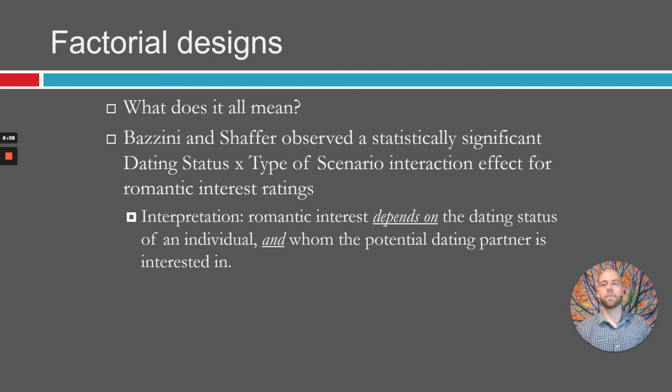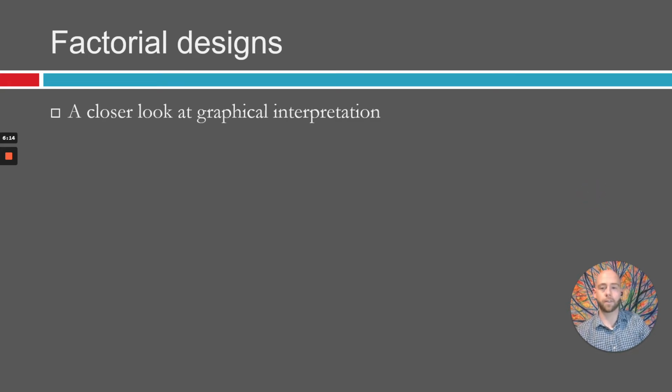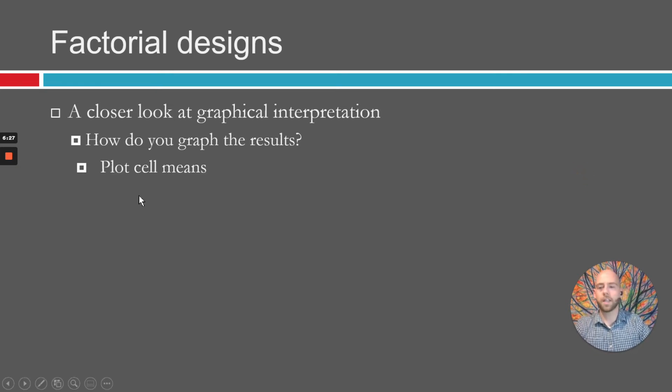So, without studying both of these variables, you wouldn't have had as nuanced of an idea about how they really fit in together. Okay, a couple other things I just want to emphasize about looking at these different figures. You want to think about how you're going to graph these different results. Again, you've noticed at this point that those cell means, like each of those conditions means, you plot them on